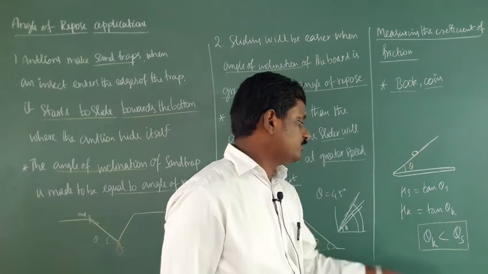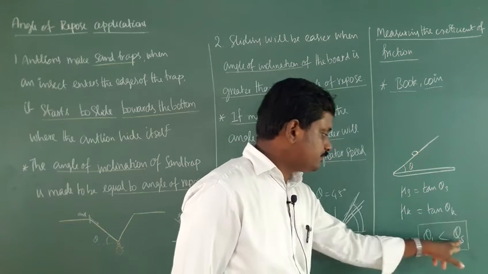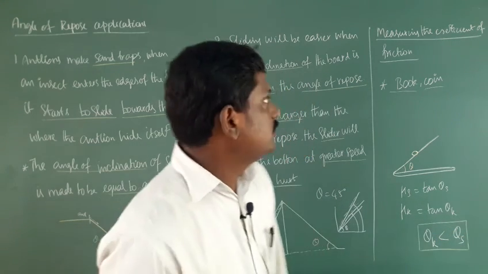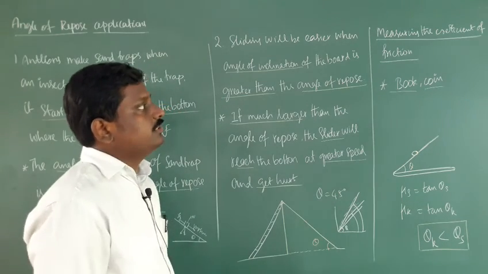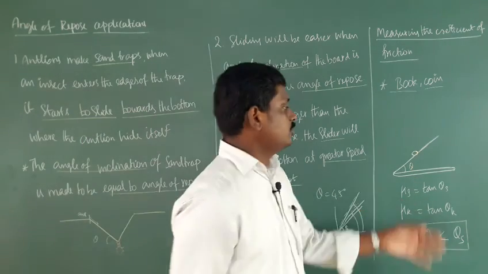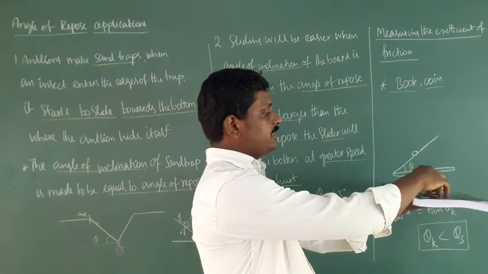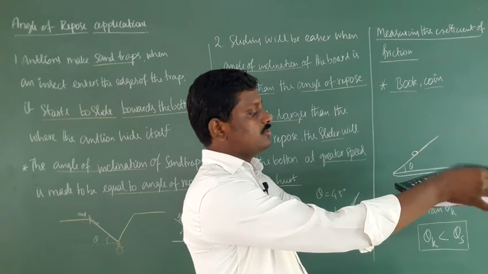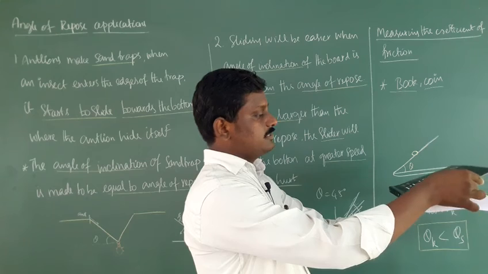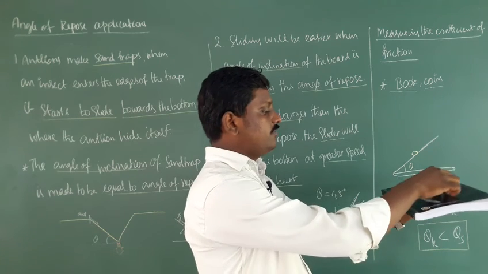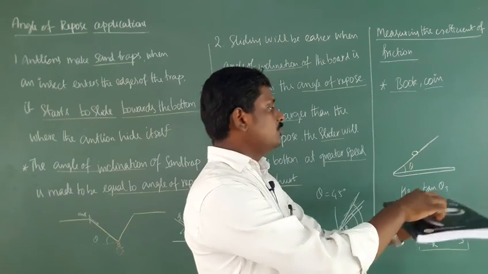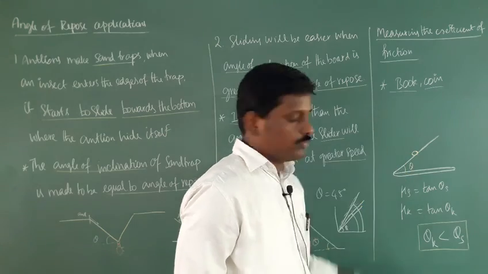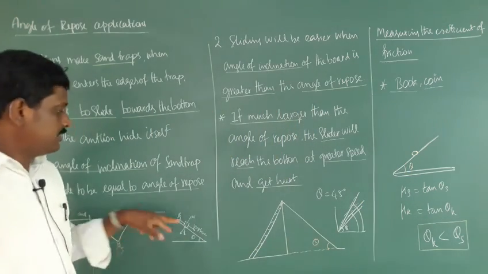Here theta k, for kinetic friction, is less than the angle of inclination for static friction. They may ask this in 1 mark. This is an activity, measuring the coefficient of friction using a book and a coin. This is a book. I place a coin and increase the angle of inclination, and the coin starts to slide. After it starts to slide, decrease the angle of inclination, and the coin moves with constant velocity. You can find theta k. Theta s is the angle at which the coin starts to move, using mg sin theta and static friction.